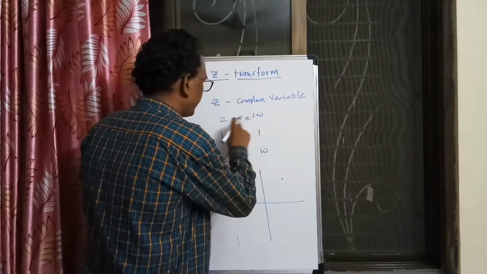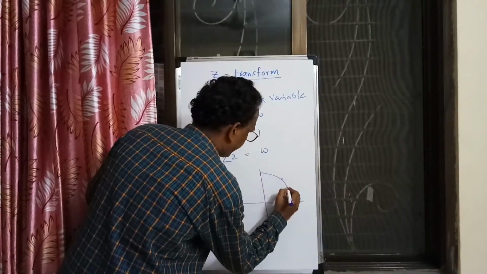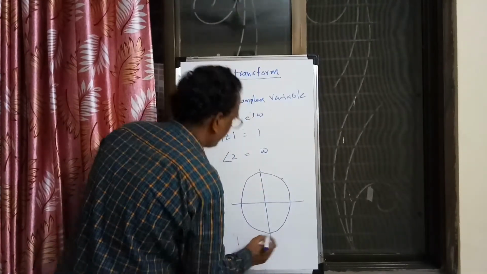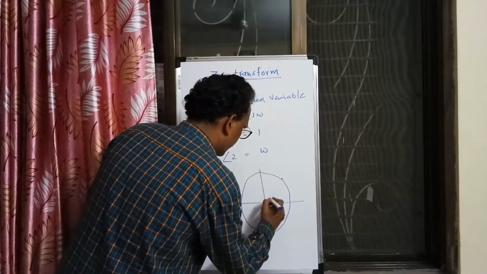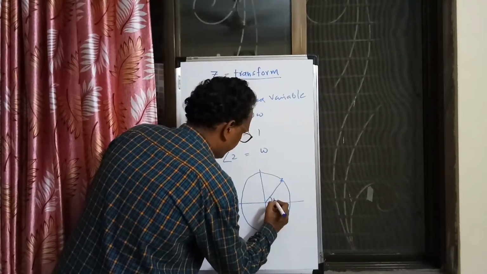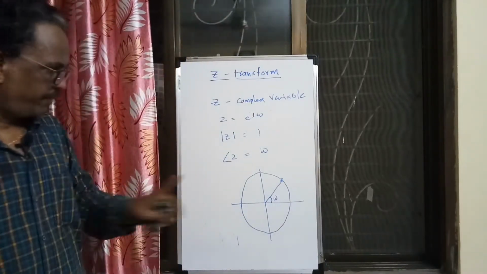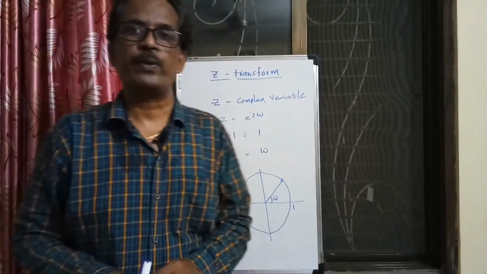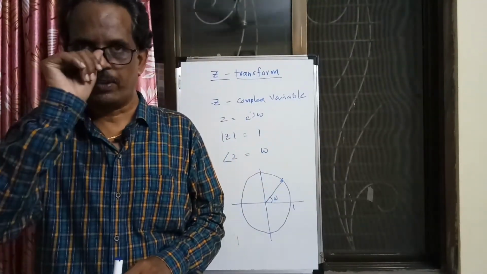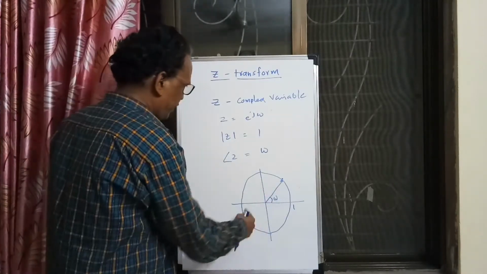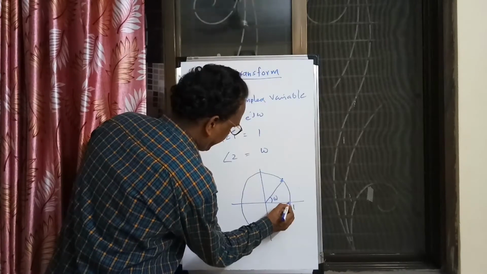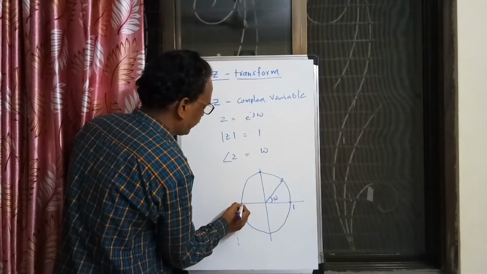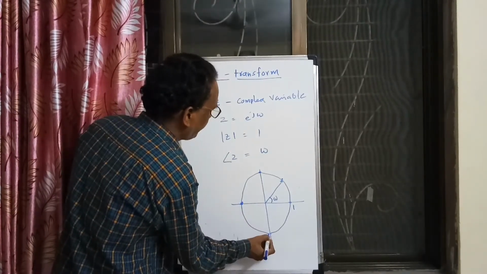So if I take z equal to this value, what will happen? Magnitude of that is always 1. You must have understood, magnitude is always 1. The only thing is that the phase, this omega, whatever is the phase, that phase is omega and magnitude is 1. Okay, if z equal to e to the power j omega, magnitude of z is always 1 and phase is omega. So that is represented by this one. Omega equal to 0, it is this value. Omega equal to pi by 2, it is this value. Omega equal to pi, it is this value. Omega equal to 3 pi by 2, it is this value.